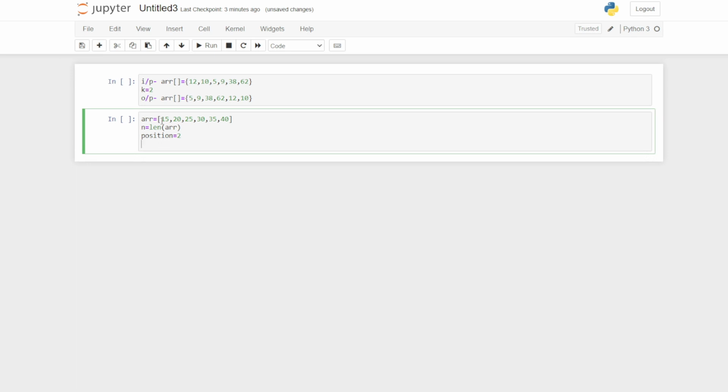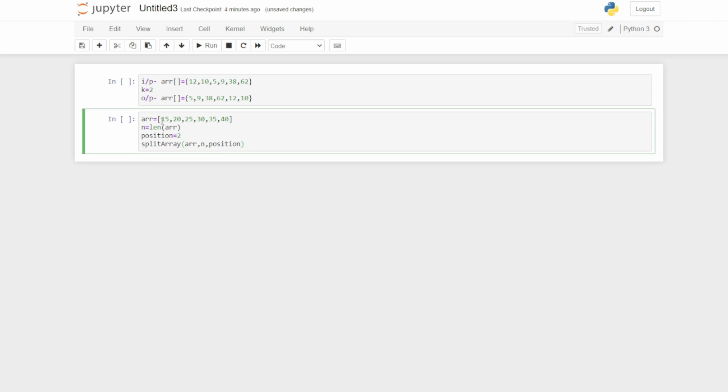Then we will create a function for doing our splitting and pasting at the end. For that, let us call the function split array and send some parameters: the array, the length of the array, and the position up to which we have to slice the array.